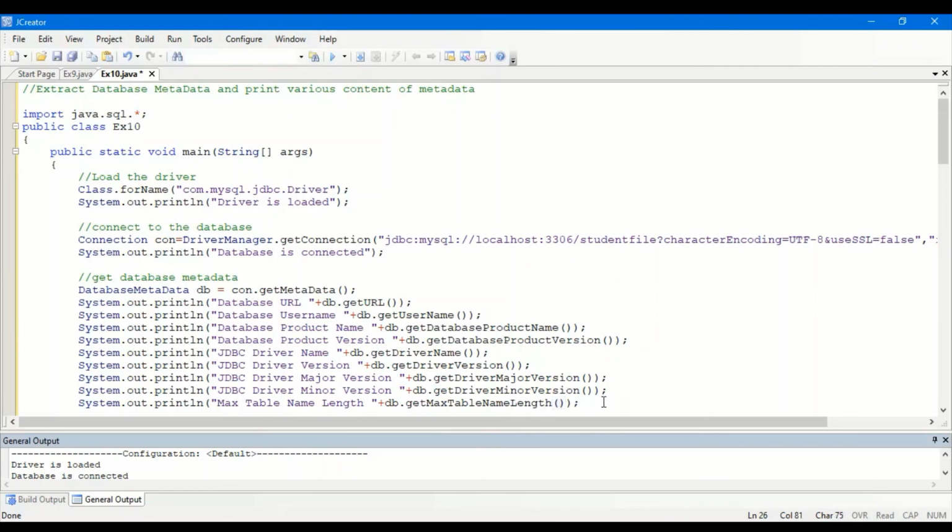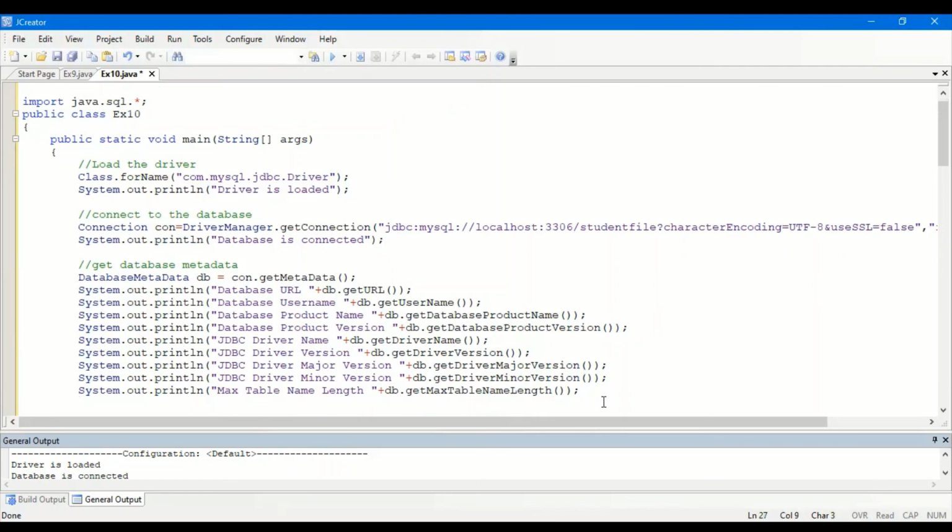One more thing is columns. How many columns can I have in my table? In the table we have some columns: name, ID number, phone, major. So how many columns can we have at the maximum?